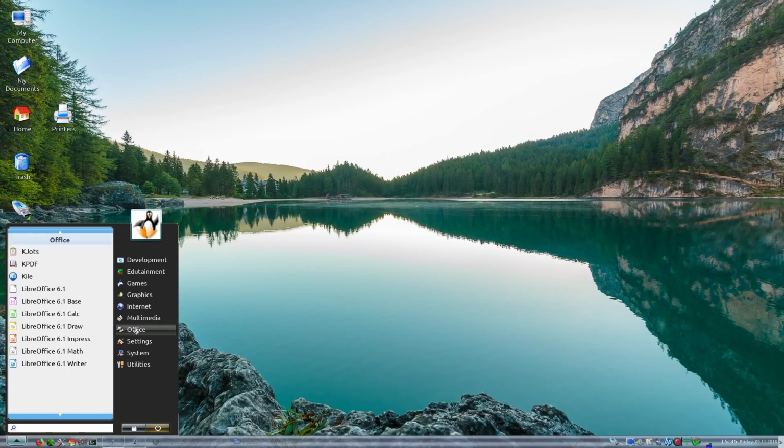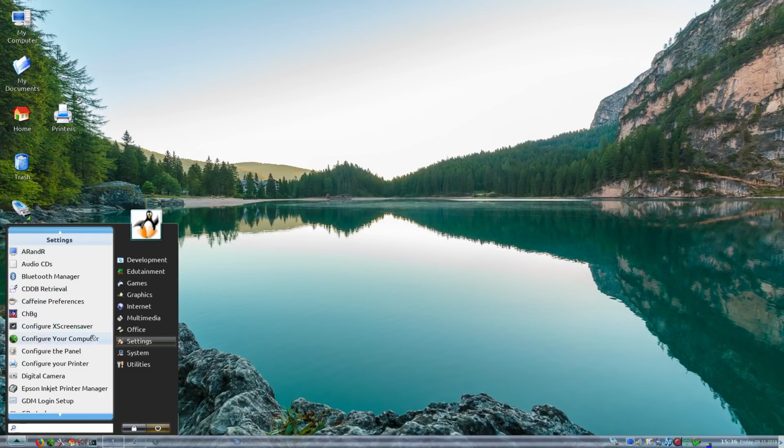You have LibreOffice 6.1, KPDF, KJots, looks like a little notepad tool or something. Kyle, I'm not sure what that is. R&R for screen tweaking, audio CDs, Bluetooth manager, Caffeine preferences,